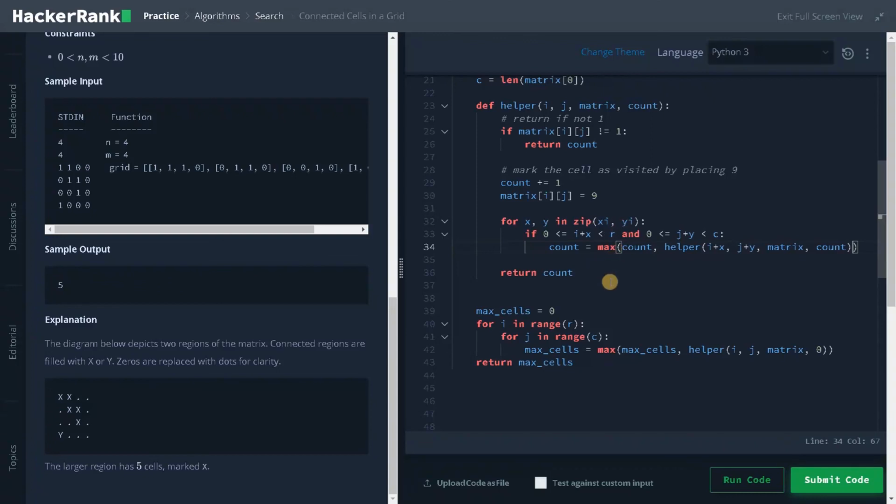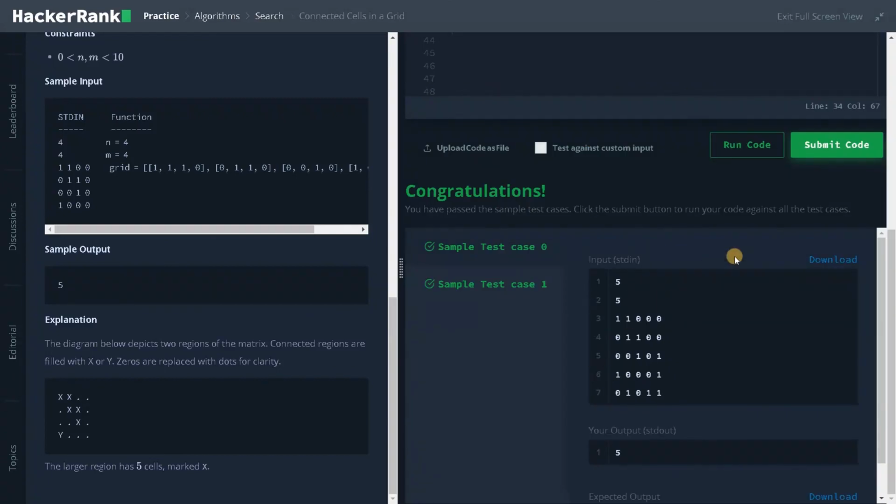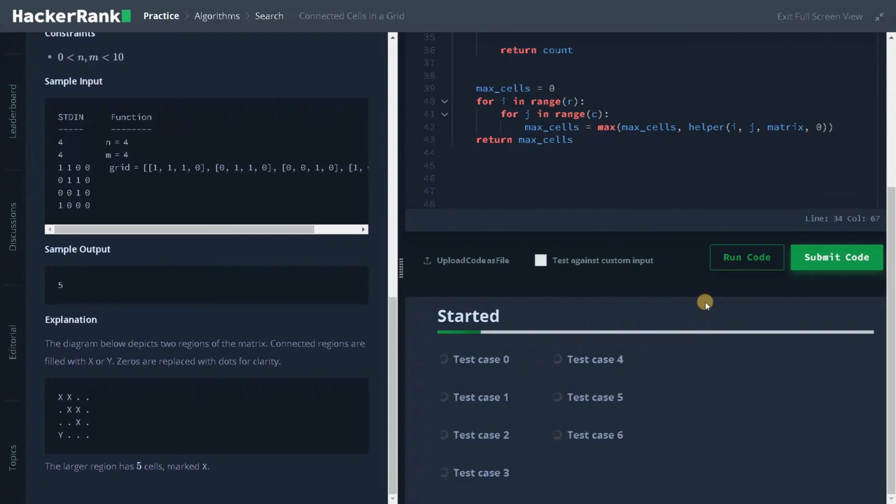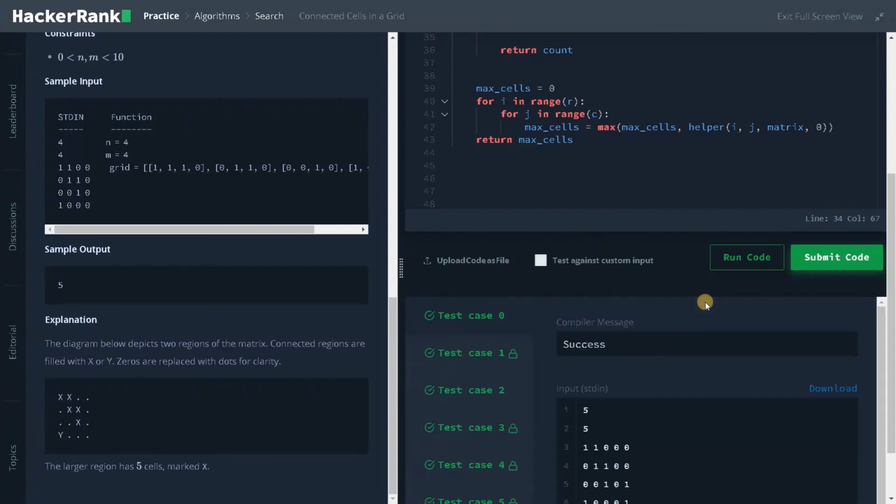So this approach is almost similar to BFS, that is breadth first search. So the concept is almost similar. We are going one by one, and that's it, guys. Let's run the code now. So it is actually passing the sample test case. Let's submit the code. So yes, we have successfully solved the problem.